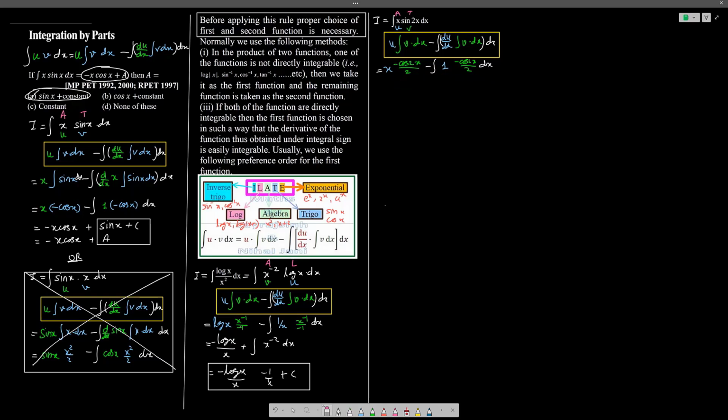Next step, simplify. Here we'll get minus x cos 2x by 2,